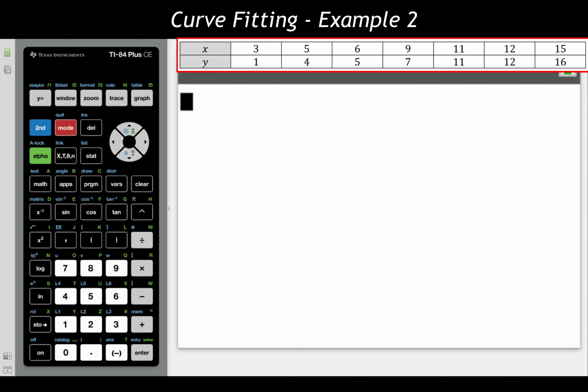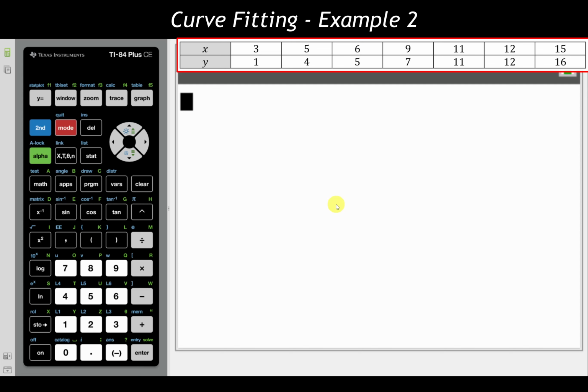Let's take a look at our second set of data. We're again back at our home screen here. Now, the first example took a little bit longer. I wanted to make sure that we're going through and tracking every single part of the button sequence. We're going to try and do things a little bit faster here with our second and third examples. Again, you're welcome to pause the video, go back, speed it up, slow it down, whatever you need to.